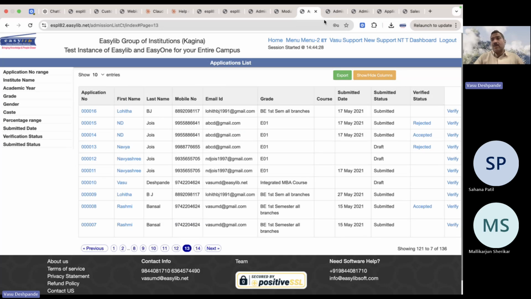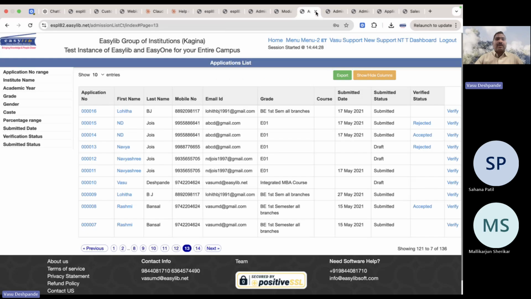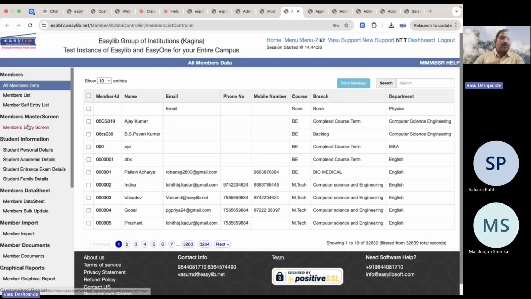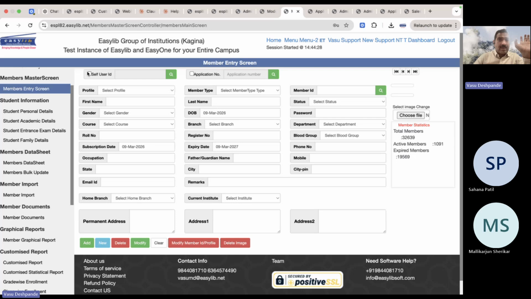Once that is done, the next step is the fee payment, correct? For that purpose, you are going to go into the master data creation. Here you have got the list of all the students. You are going to add them to the master database. So here, application number, all